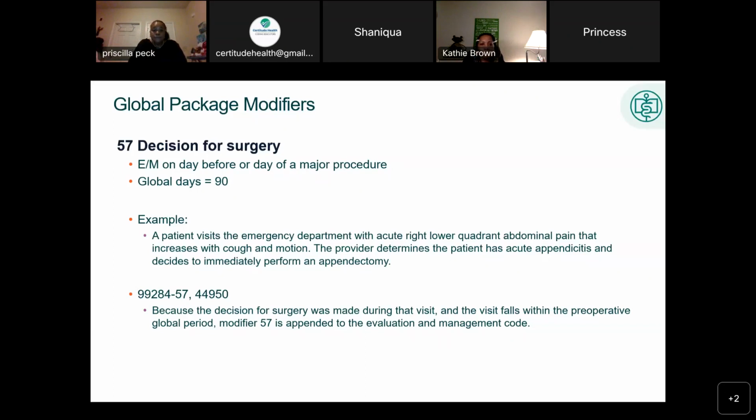So we're making mention of the E&M codes, but E&M coding comes later. So the real emphasis is, and maybe that's where the breakdown was because you were trying to figure out how to get to the E&M code. Exactly. So you don't necessarily need to know how to code the E&Ms just yet, but just recognize for the surgery, because the focus of this section is the surgery. I got you. So just recognize that if there's a surgery and any E&M code, you would need to add a modifier to the E&M code. It would just depend on